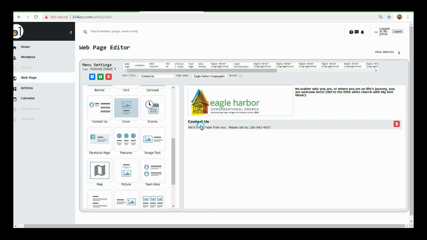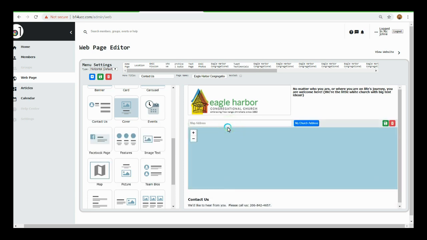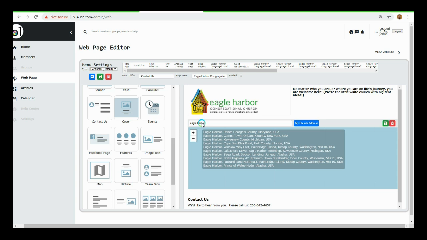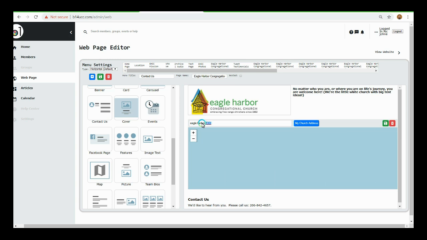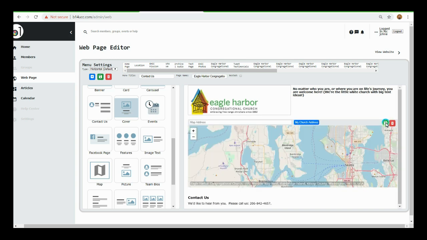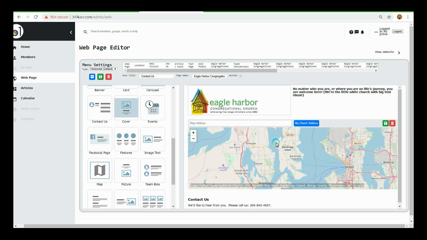Next, I'm going to actually create a map to the location by dragging the map icon onto the website. And notice I can type in an address. So if I actually start typing here, Eagle Harbor UCC, or Congregational, notice that it finds it. I can now save that by clicking the green box,